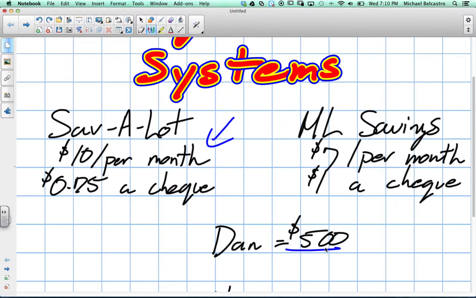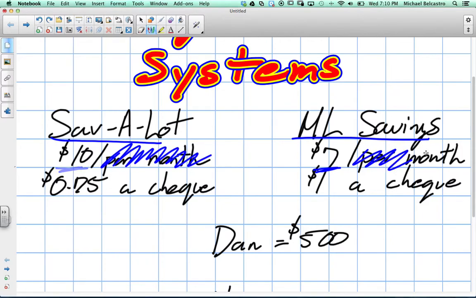So he puts his $500 in, and we want to know in the month which will be the better of the two systems. So in other words, no matter what he does, he's going to have to pay $10 if he does Save-A-Lot, and he's going to have to pay $7 if he does Maple Leaf Saving. So this per month thing isn't really important, because we're going to compare it on a monthly basis. So he has to pay $10 and $7. So we're going to build